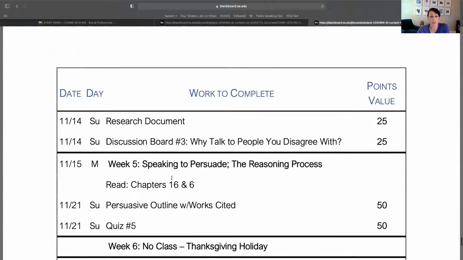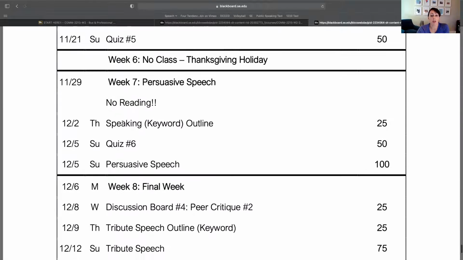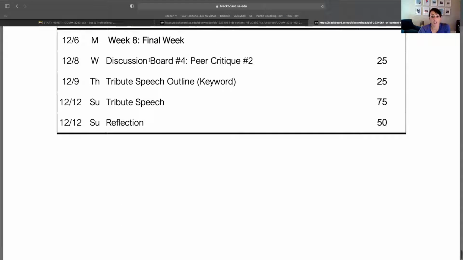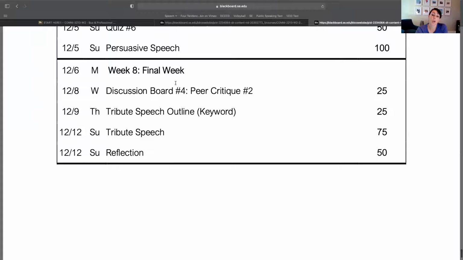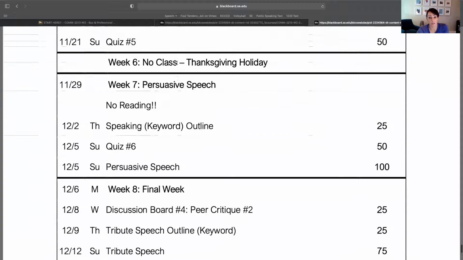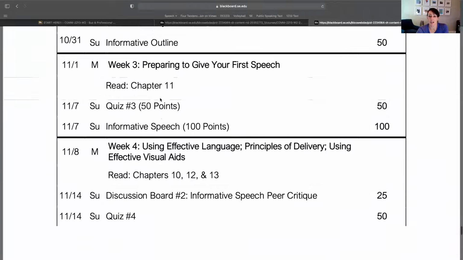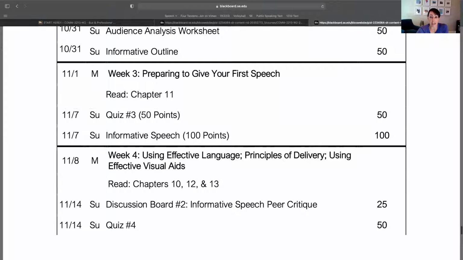Almost all of your assignments are due on Sundays. There is a keyword outline that's due on a Thursday and a discussion board that's due on a Wednesday. You can see these, so you'll need to notice those, but for the most part, your assignments are due on Sundays. If you're looking at this and you're like, all of this work is due on Sundays, I'm going to be so busy on Sundays. Wait, okay. It's due on Sunday, so you have all week to do it. You don't wait until Sunday to start. You start on it on Monday, but you have the whole week to do it.